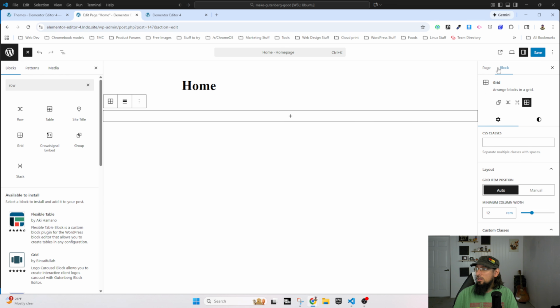Let's try the grid, and we want transfer. No, I don't want to transform it. I don't think. I want grid item position. How do I determine? Okay, so I just start dropping stuff in here. Maybe I want to have